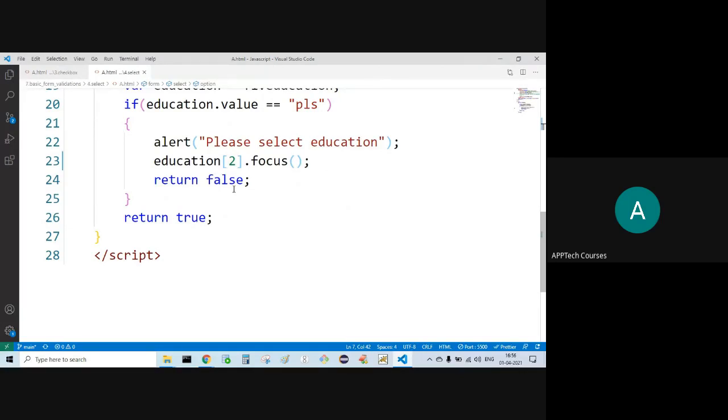In case of one text field, if I don't enter anything and click on submit, what happens? An alert message, we did not enter anything. Then focus will come to that text field, blinking, to enter something.